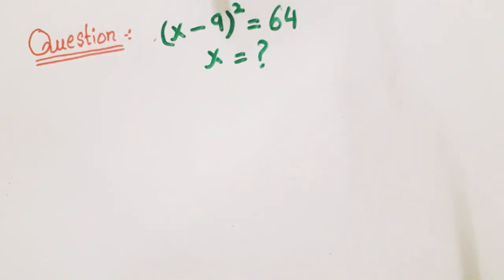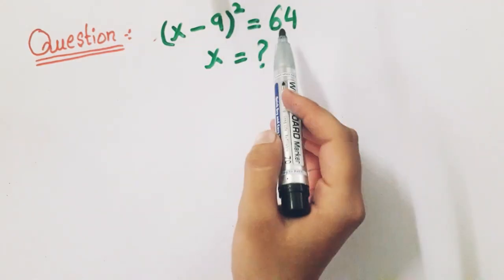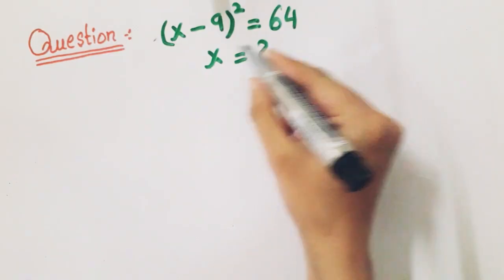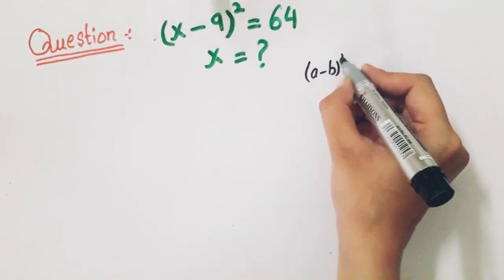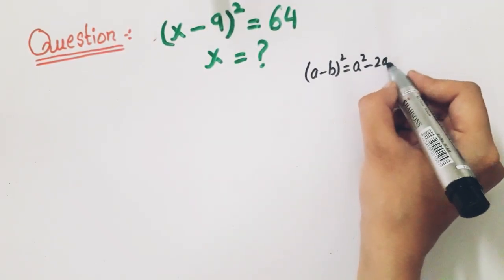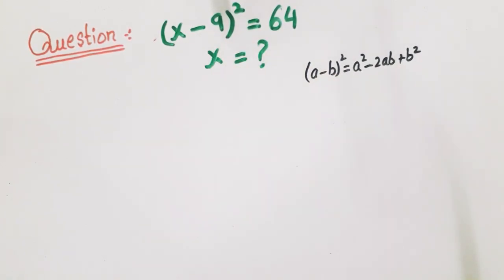Today we are going to solve an Olympiad math problem, that is (x minus 9) whole square equals 64. You have to find the value of x. For this purpose we will apply the formula of (a minus b) whole square, that equals a square minus 2ab plus b square. Here we have the value (x minus 9) whole square, so we get